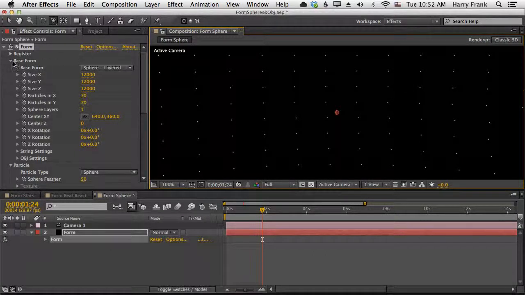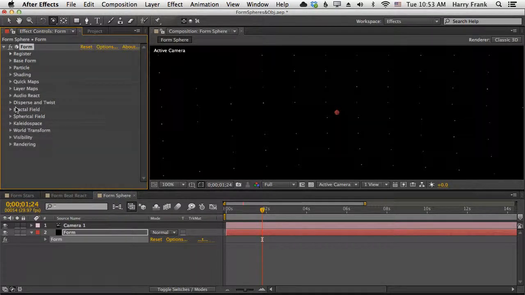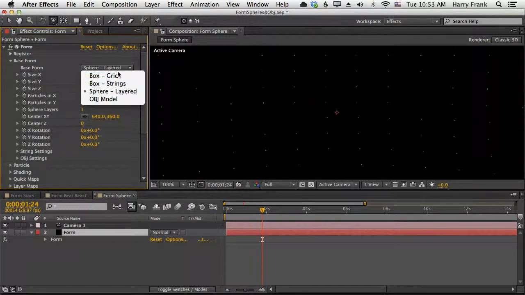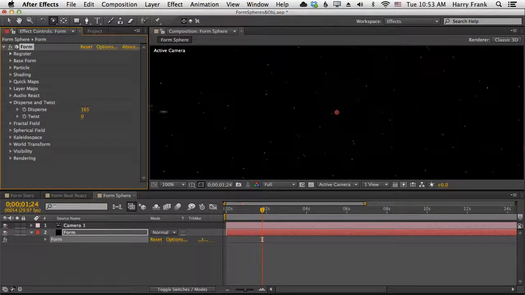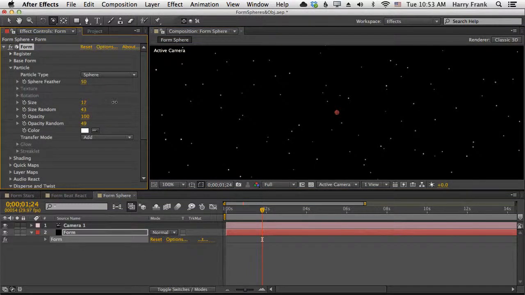So when we're dealing with random size and opacity of the particle, that's a good use for the particle section. And we can randomize the size by turning that up. Randomize the opacity by turning opacity random up. And to randomize the positions of these, I'm going to go into disperse and twist. We spoke about this in the strings lesson, where the disperse randomizes the positions of the strings. But when we're dealing with base forms that are not the strings and are either box grid or sphere layered, disperse randomizes the individual positions of the particles. So if I turn up disperse, it's going to randomize the positions and make these feel, well, basically like a star field. If I turn the particle size up a little bit more,